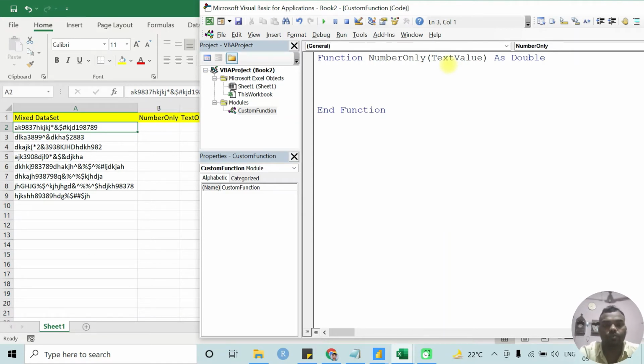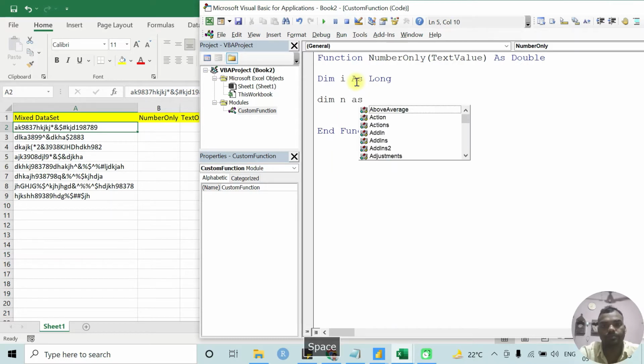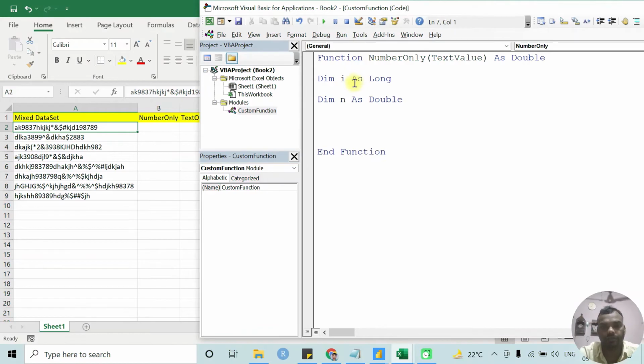Here we are going to use two variables, one for looping and one to keep in memory the characters one by one. So create two variables: i as a long, and n as a double data type.